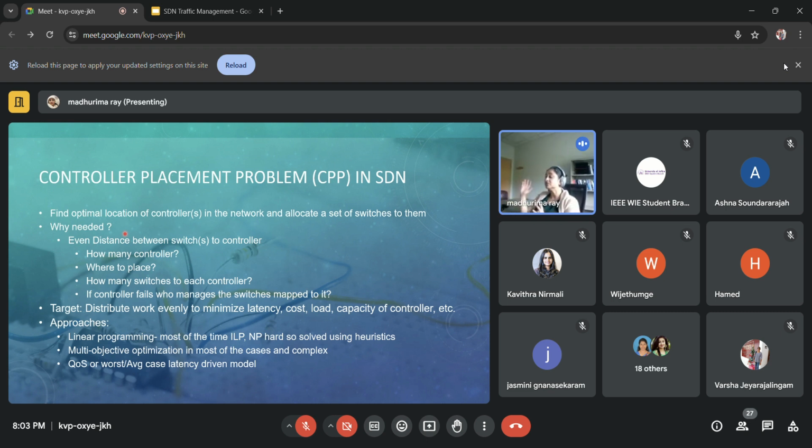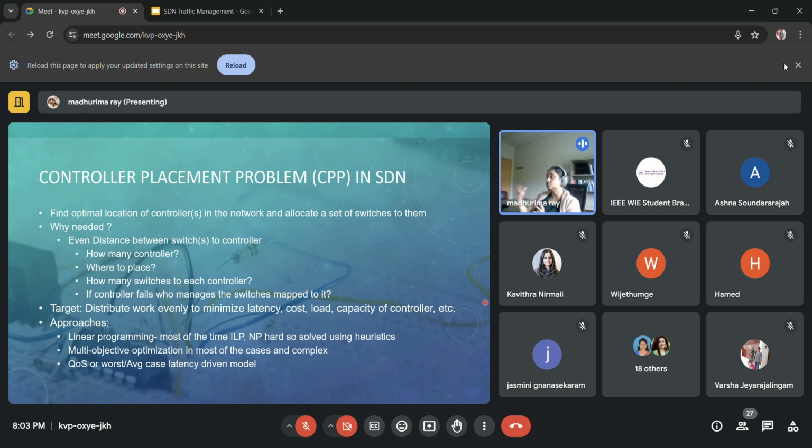That's a different problem versus finding out how many controllers I need for this many switches, and then also finding out what is the optimal placement for them, right? So it's a very complex problem. Most of the time, to answer all these questions, you have to build a multi-objective optimization, because you have to keep the latency minimized for all these